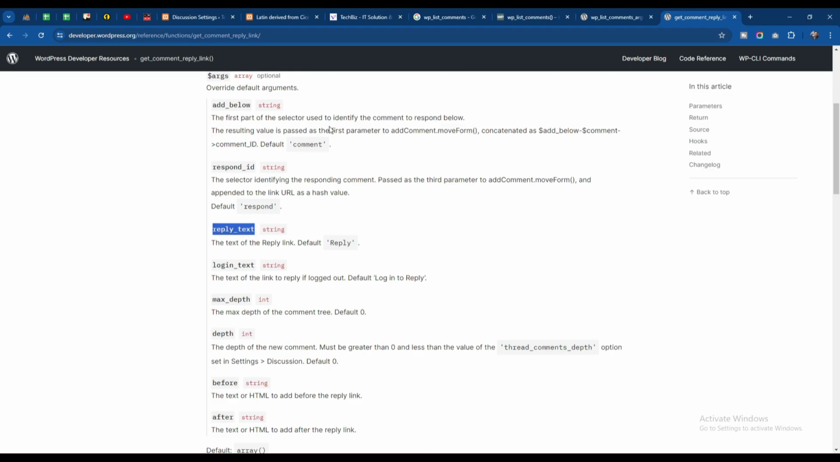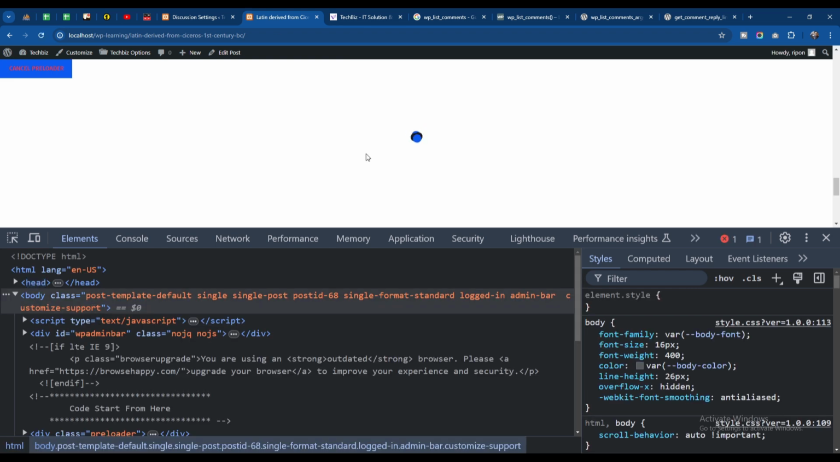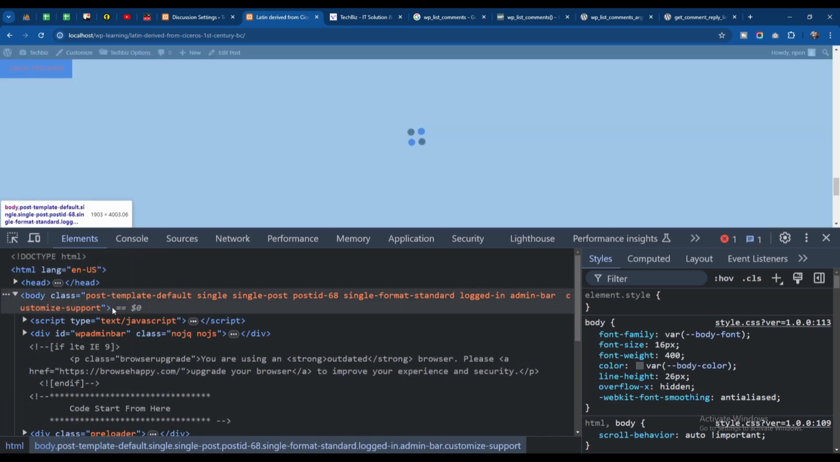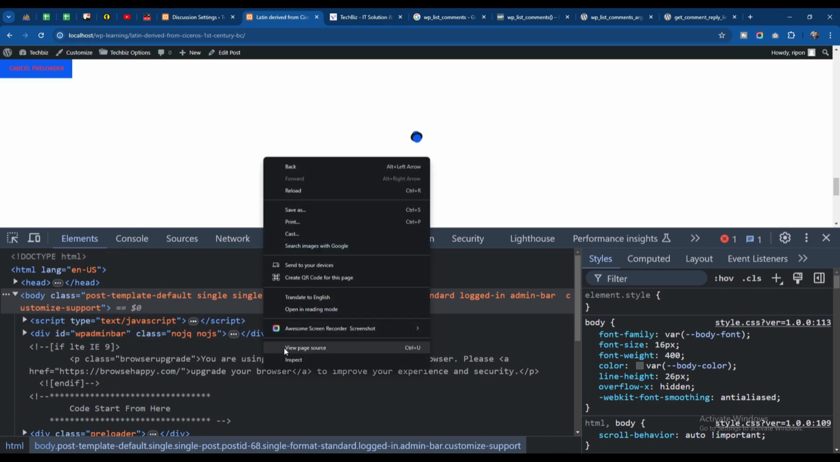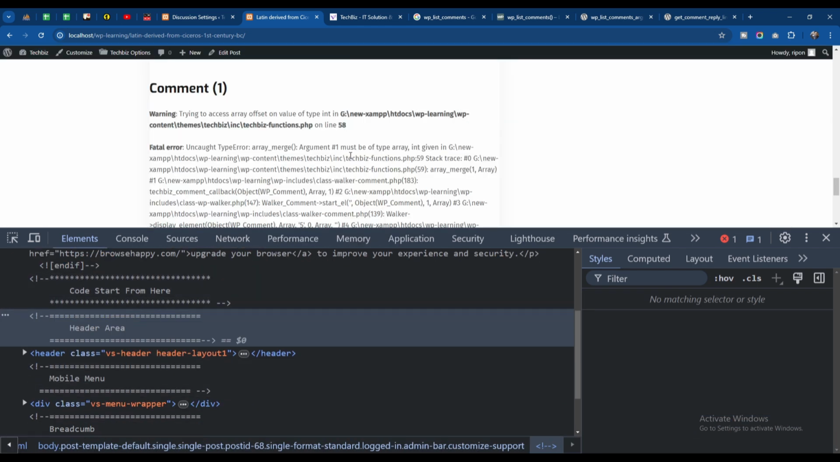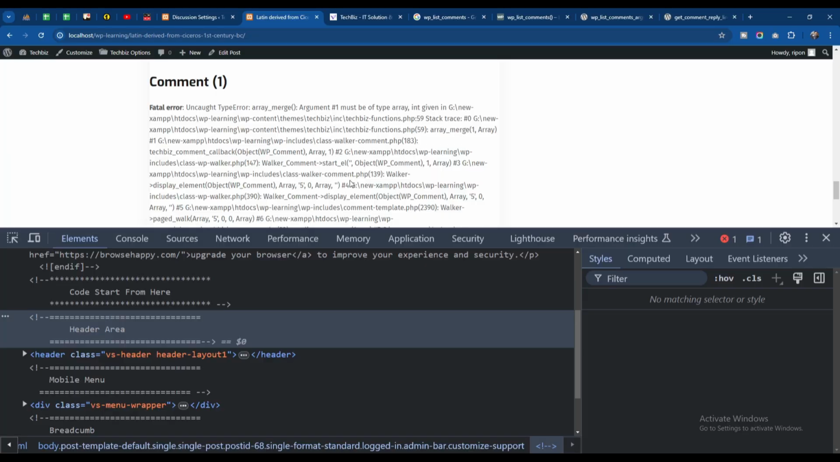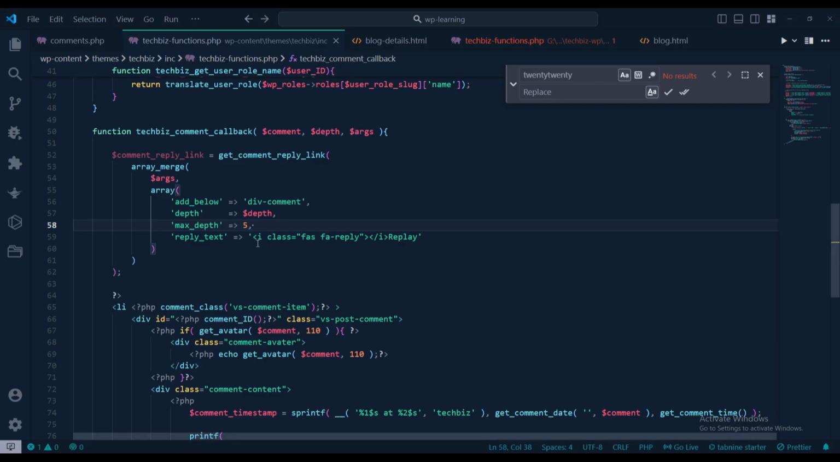Okay, now if I go here and give a refresh, there is some error, so I need to check what the error is. If I remove the preloader, then it says trying to access array offset value on line number 58. As you can see, this array merge error is coming, and the solution is I have made a mistake here